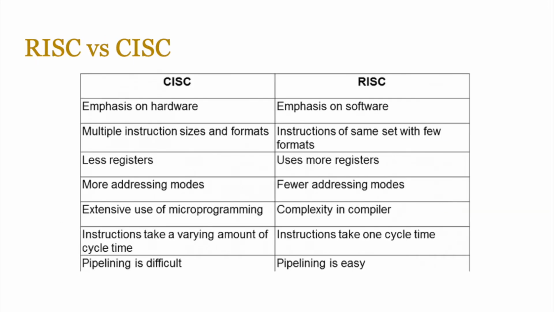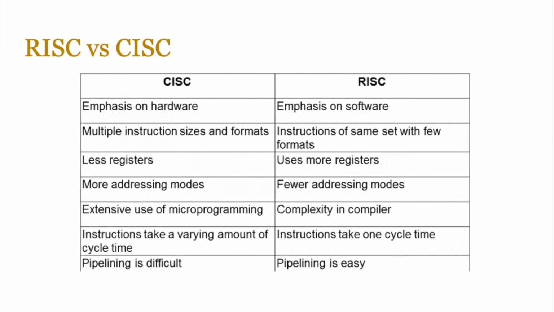So summarizing what we've discussed about CISC and RISC philosophies, there is a greater emphasis on hardware for CISC architecture styles, whereas the emphasis is on software for RISC. For CISC, there are many instruction formats which are possible, whereas RISC uses fewer instruction formats. And similarly, there are a lot more addressing modes available in CISC, whereas there are fewer addressing modes for RISC